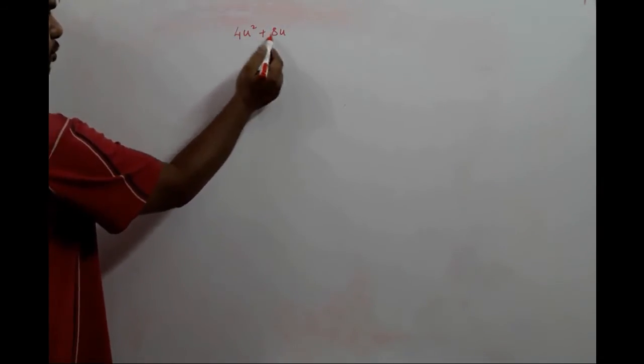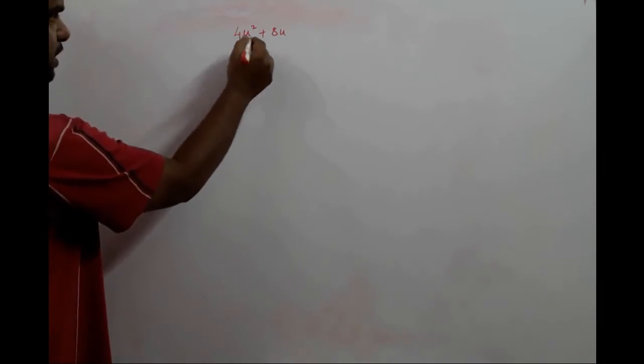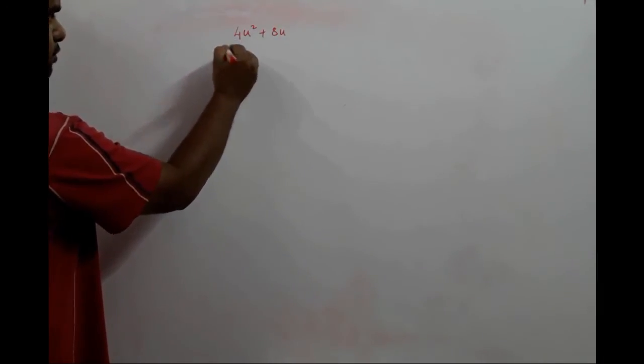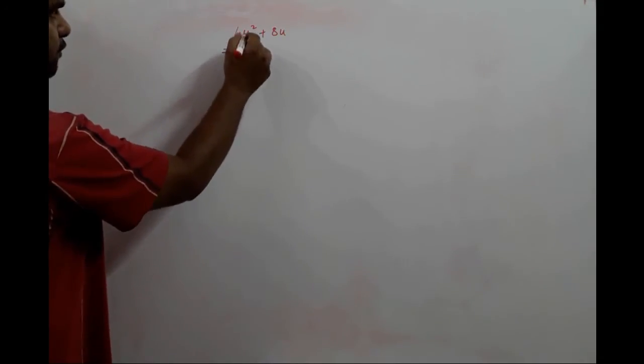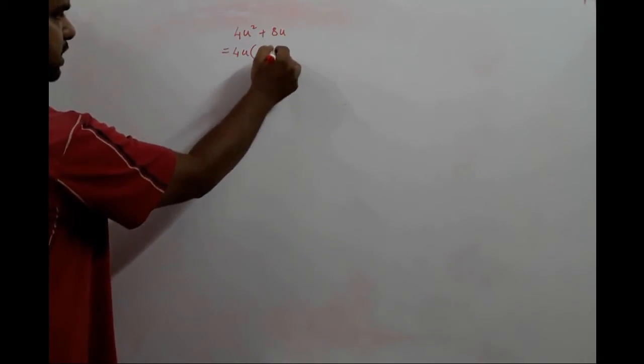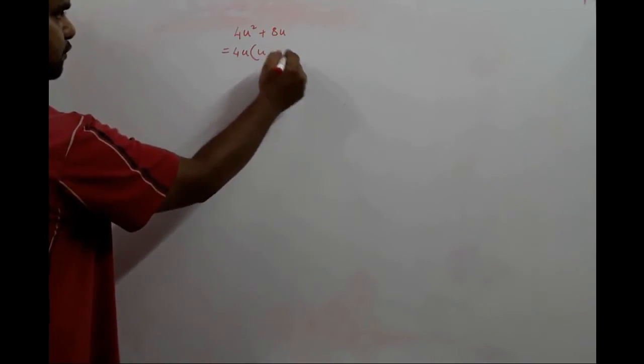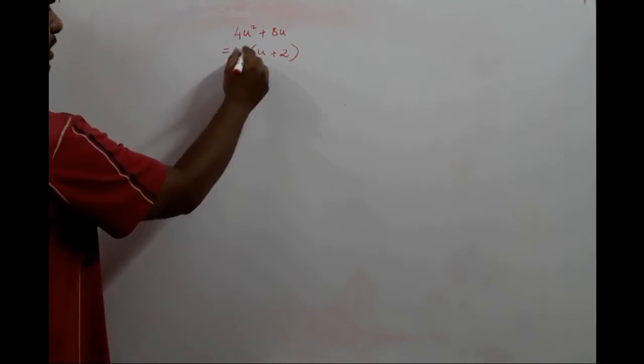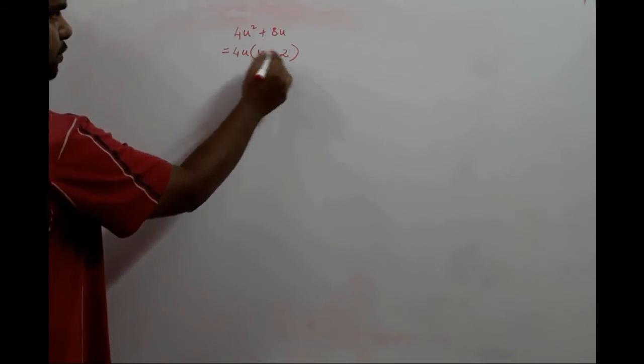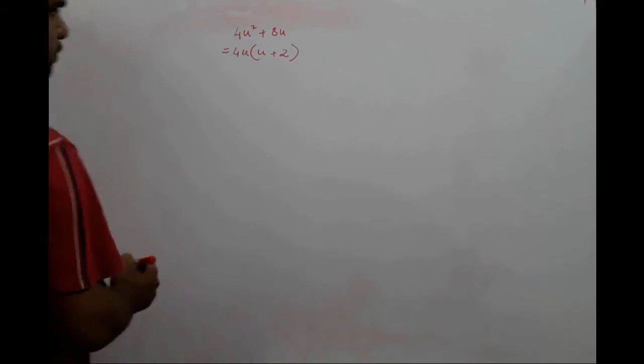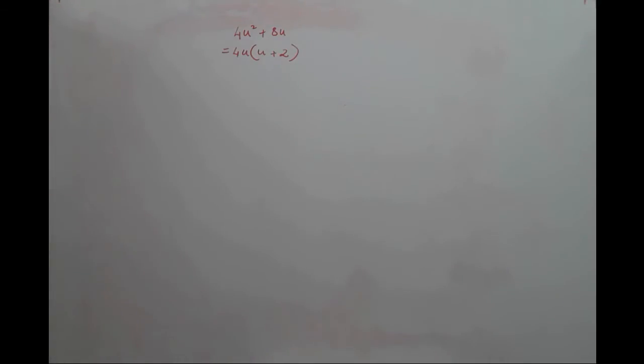Okay, so the first problem for today is 4u square plus 8u. So we don't have three terms over here to split, but we have something common between the two. What is it? There is 4 common to both of them and there is u common to both of them. So we can take out 4u, we'll put an equal to sign here. If we take out 4u from here, only u remains, and over here if we take out 4u from here, only 2 remains. So when you multiply this back again, we will get 4u square, and 4u into 2 will give you 8u.